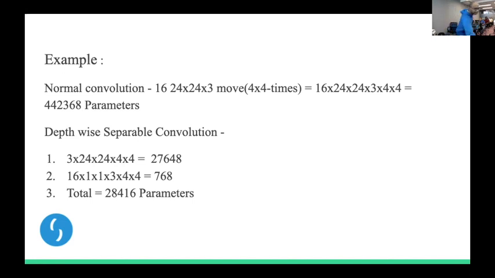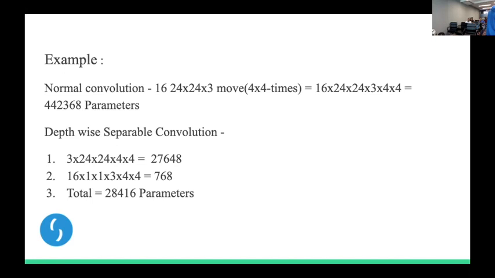Suppose you are using 3 cross 3 and multiplying with 3 cross 3, you get again a 3 cross 3 matrix, for example. So this is what you normally do in convolution. But also in some cases, instead of multiplying 1 into 3,